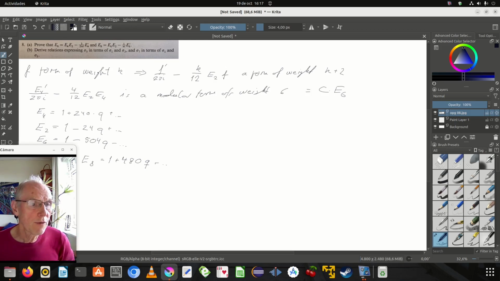The derivative of E4, the first term is 240 times 2 pi divided by 2 pi i, q, minus 1/3, and